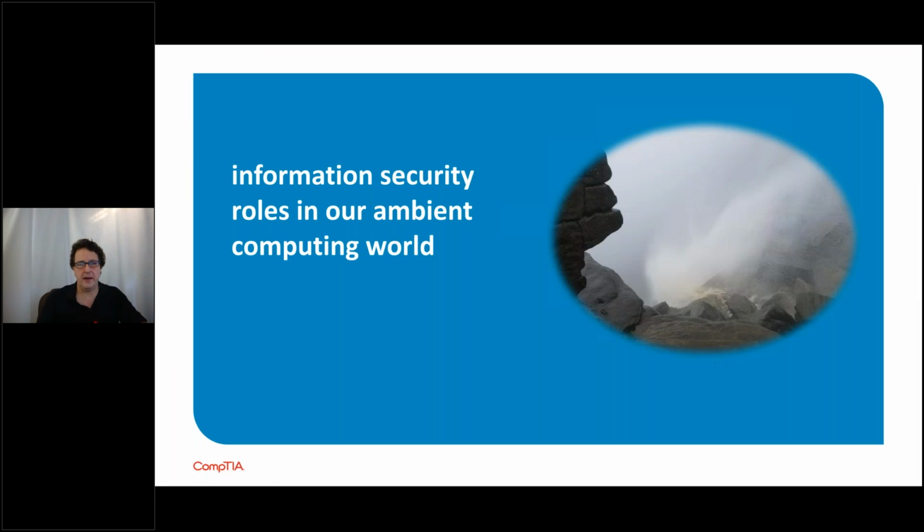Well, so let's talk a bit about our ambient computing world here. I like to go into interesting places. Who doesn't, right? In my travels, I've been able to find some pretty cool things. That there is a waterfall. And you might think, okay, it's a waterfall. I see some sandstone there and some water, but that's a waterfall that's actually going backwards. The reason it's going backwards is because normally the wind, the jet stream, flows through this area. That's in the Peak District in England. That's called Kinder Downfall. But the wind blows so hard the wrong way, it actually blows the water up the waterfall. That was something unusual, right?